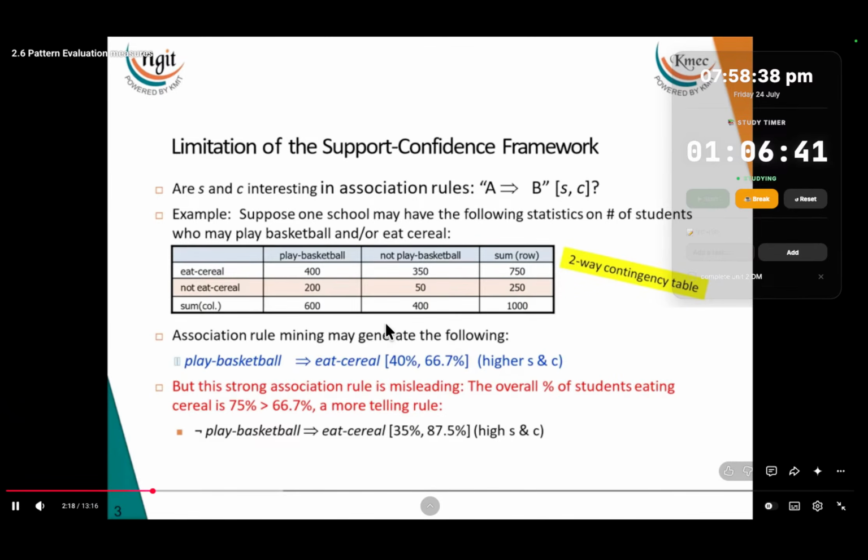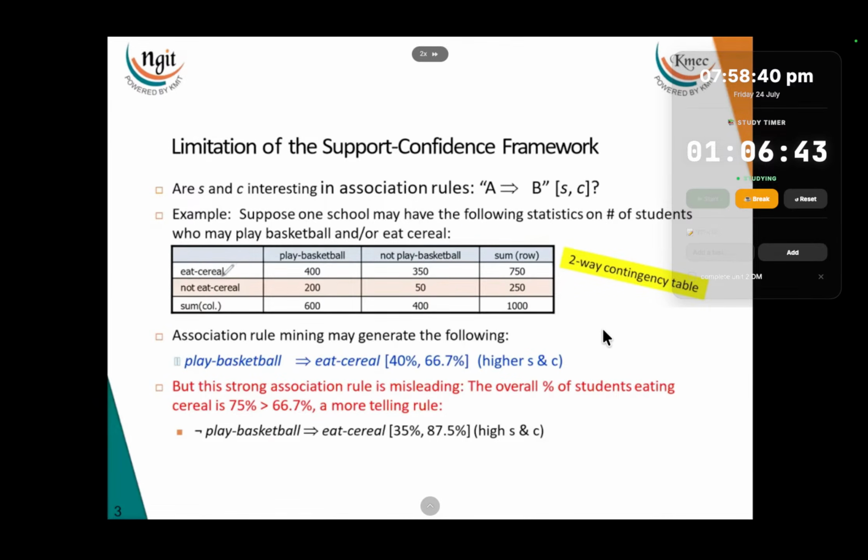So here, this table represents the students who are eating the cereals and playing the basketball. There are 400 students, and there are 350 students who are not playing the basketball but eating the cereals. So from this data set, identify the association rule mining. Suppose that if you want to find out the support and confidence for this, we know how to calculate the